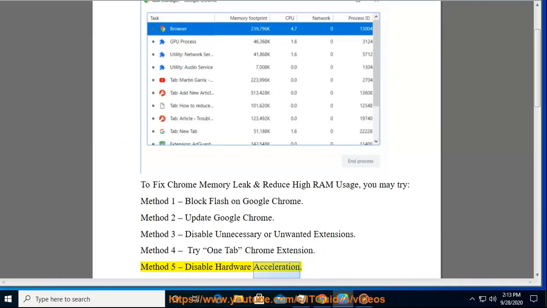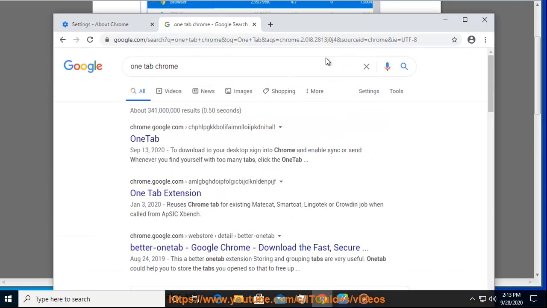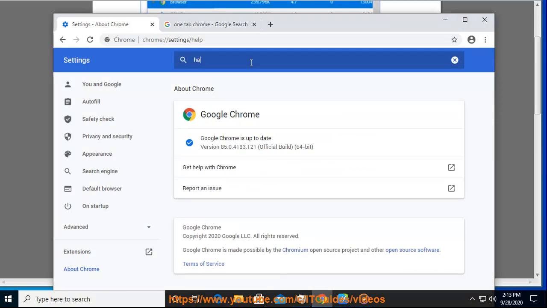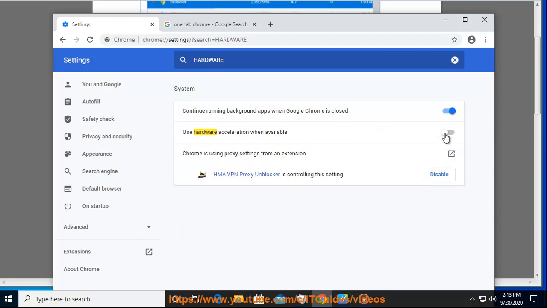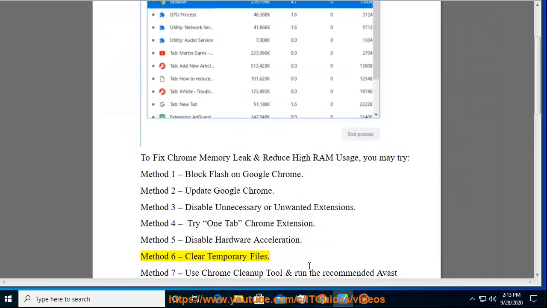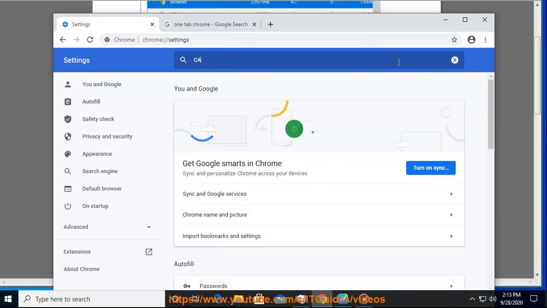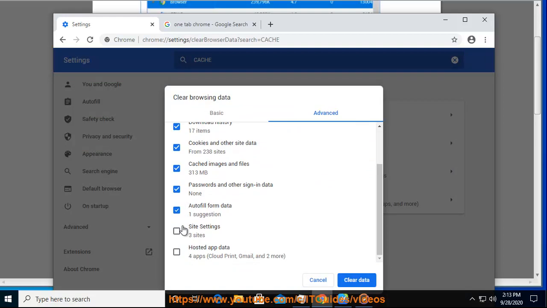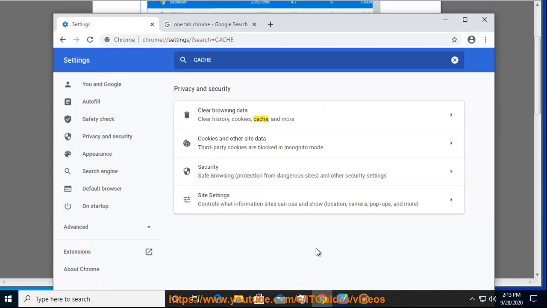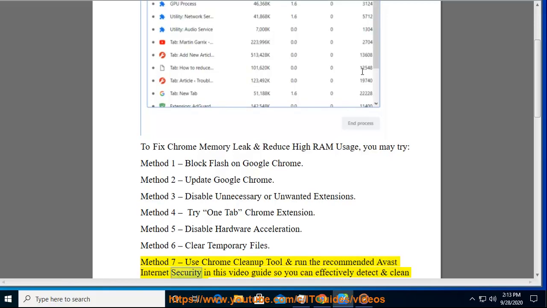Method 5, disable hardware acceleration. Method 6, clear temporary files. Method 7, use Chrome Cleanup tool and run the recommended Avast Internet Security in this video guide so you